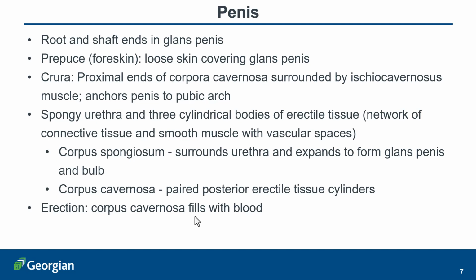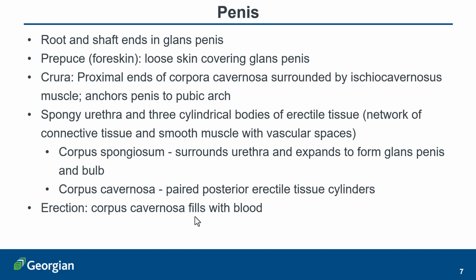There's the prepuce, or the foreskin, that covers the glans penis, and we also have the crura, which are the proximal ends of the corpus cavernosum that is surrounded by several muscles. Perhaps there's a bit too much detail about the ischiocavernosus muscle, but essentially the crura is what anchors the penis